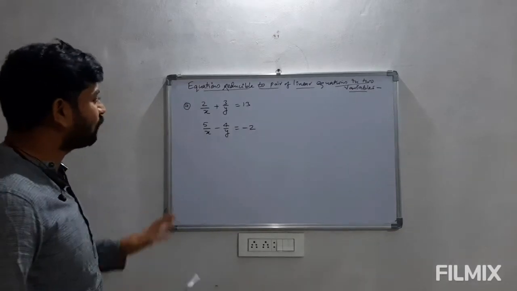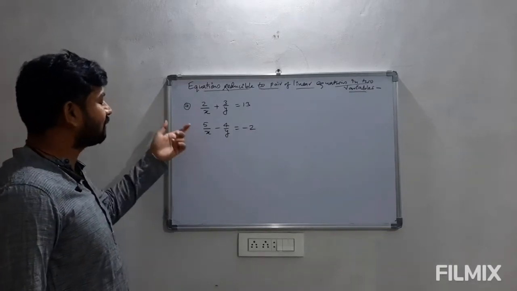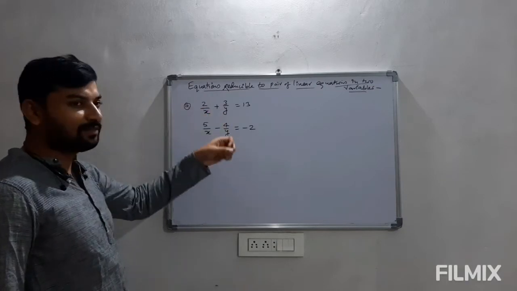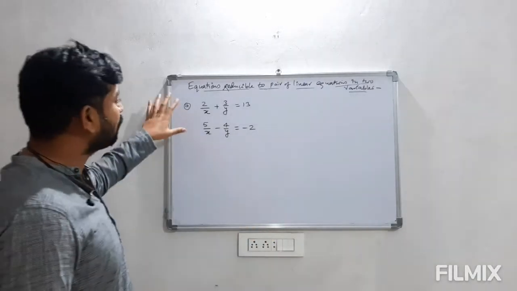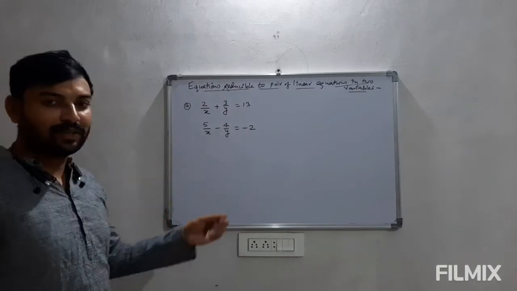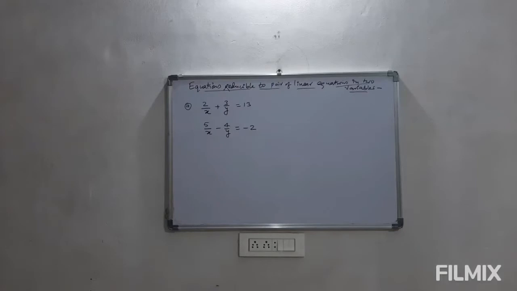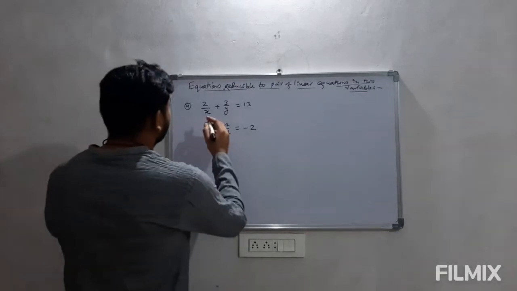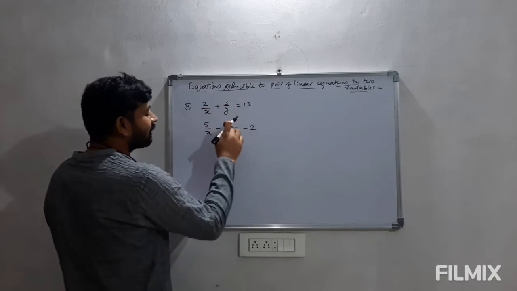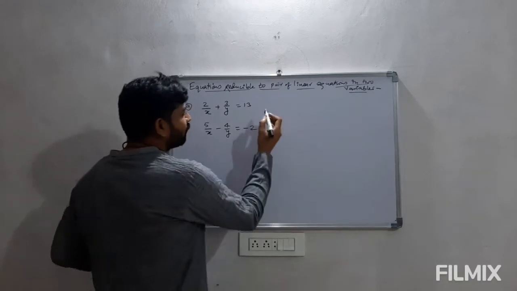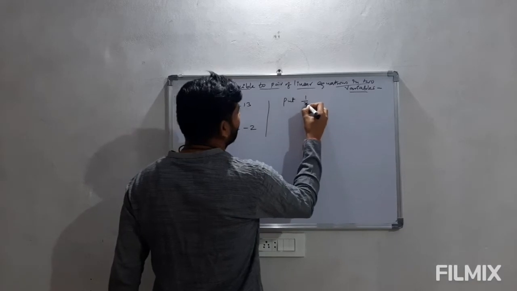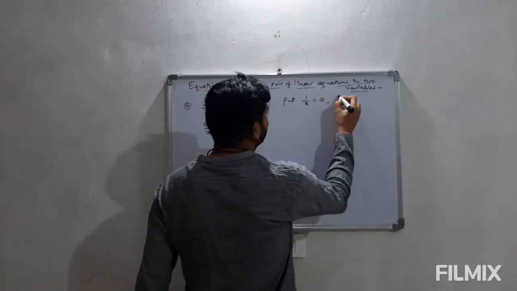If you look at these two equations, we can replace 1 upon x and 1 upon y with some other variable, so that they will look like a linear equation in two variables. So that is the first thing we have to do. So let us come to this question. Here we have 2 upon x, 3 upon y, 5 upon x and minus 4 upon y. If we do a very simple thing here, if I put 1 upon x is equal to a and 1